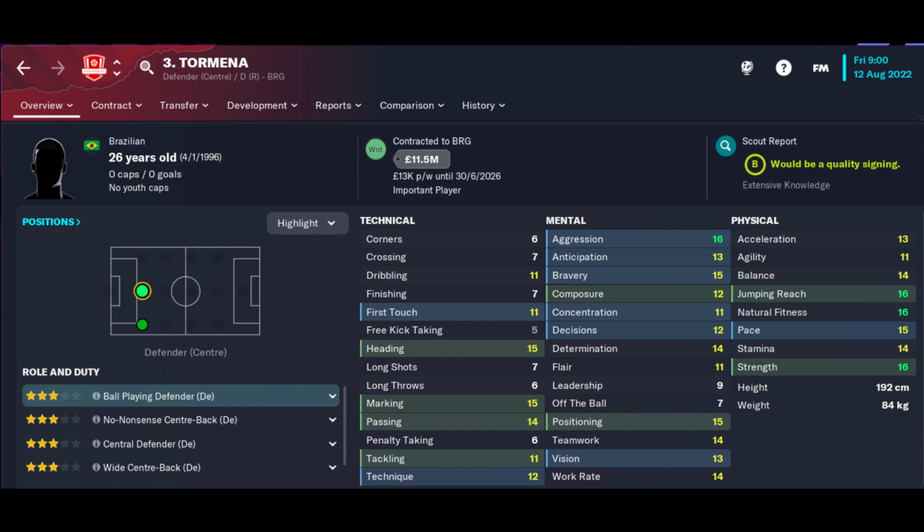As for my evaluation of Tormina, well, I think he's got some great characteristics in the physical department, but for the value he's priced at, I just don't see him as a great signing. So our verdict on this one is a pass, particularly so though because his tackling is only based at 11, and obviously you've already seen for a centre back we value tackling and we need that to be around a